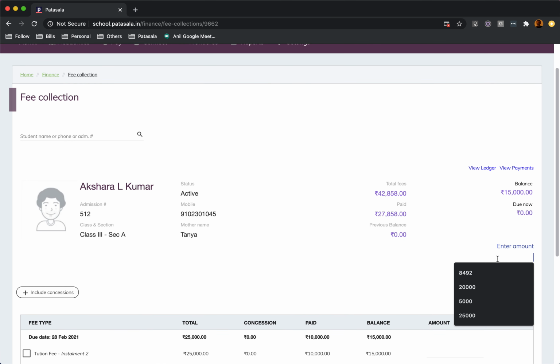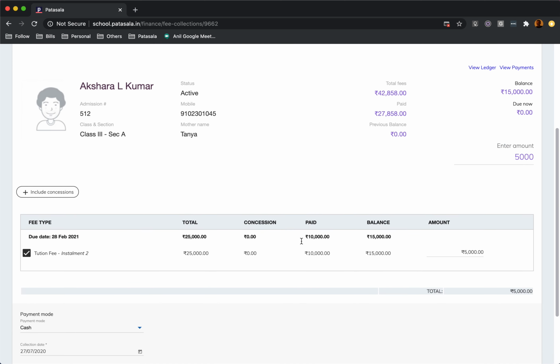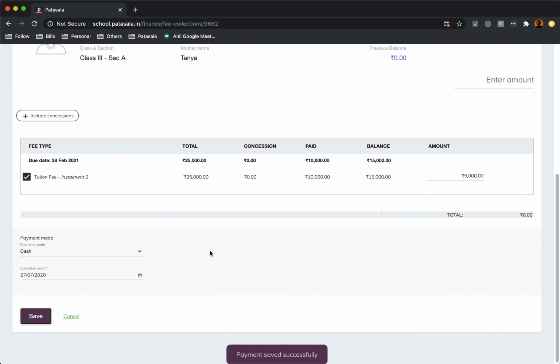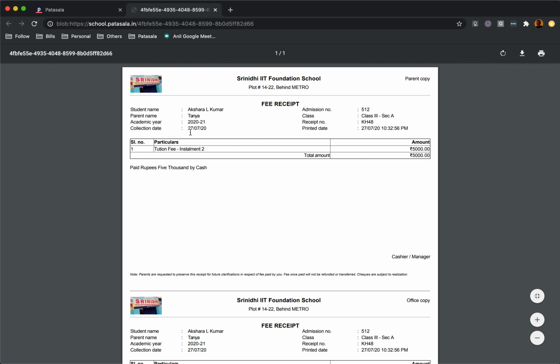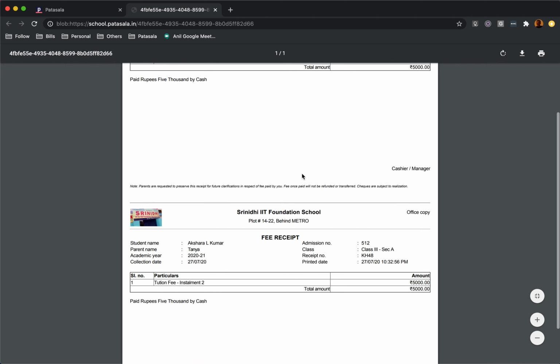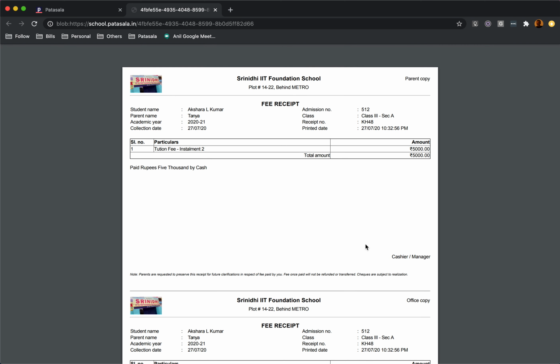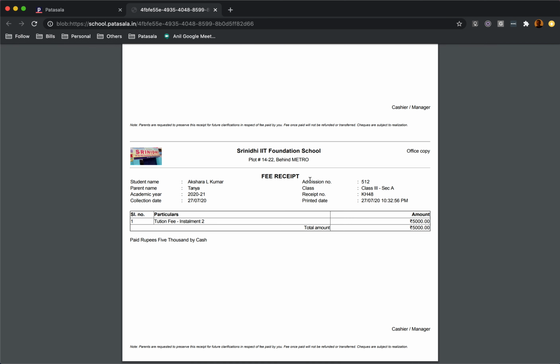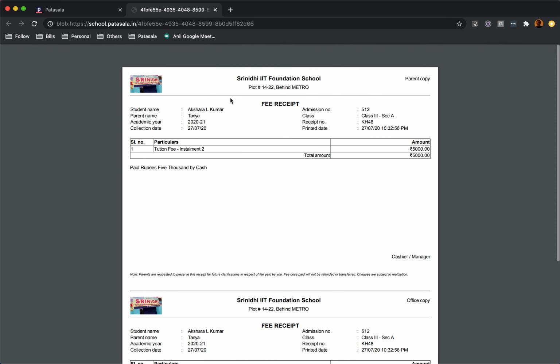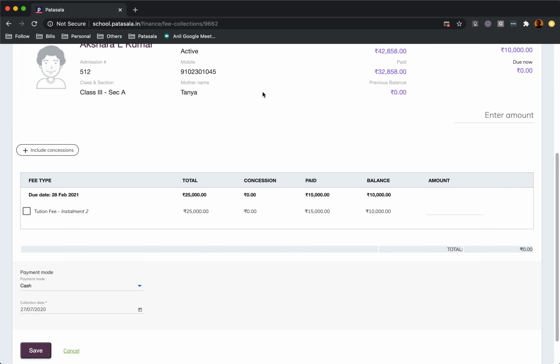I'm going to receive another 5,000 just so I can show you the receipt. See, that's how the receipt is generated with your school details, logo, and the payment made, and all the details. Again, this is something that you can configure, whether you want 2 stubs or 1 stub. You want a signature, you can get the signature here. Everything as you want. You want only the fee type, not the installment, you can remove that. However you want to do these things. Right, that's again, power is in your hands to do that.